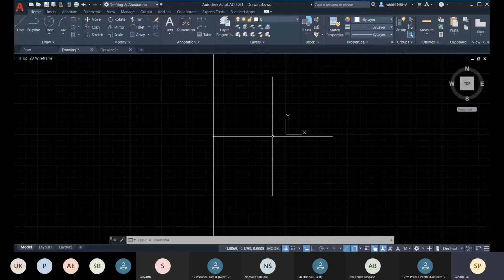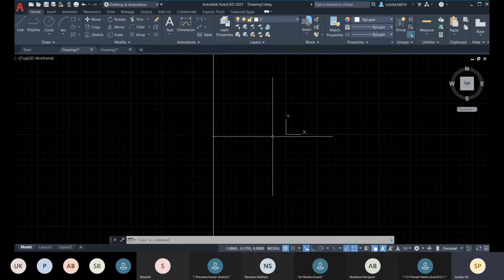So, what is WCS? The WCS is World Coordinate System. So, as per the world, everything is set. Your direction of length, direction of breadth, direction of height is set.